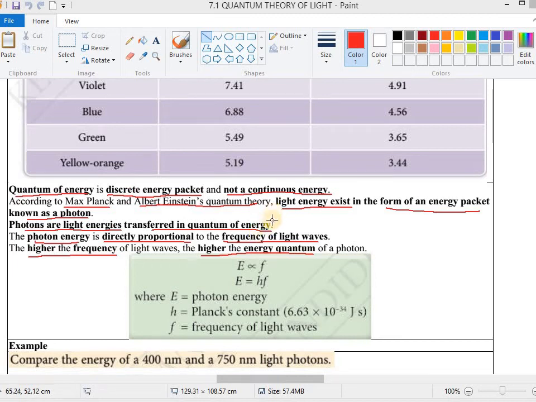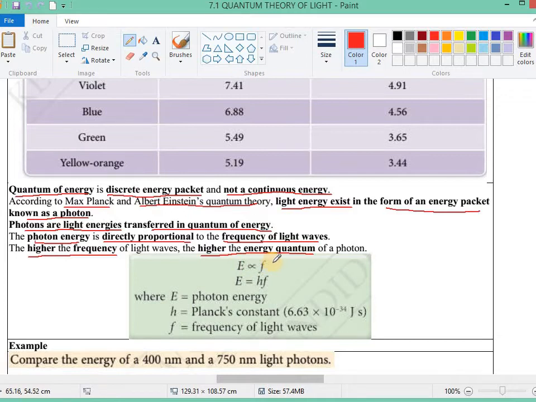Okay, so previously we learned the relationship between the energy of a photon and the frequency of the photon. We learned that the higher the frequency, the higher the energy of the photon. Okay, now